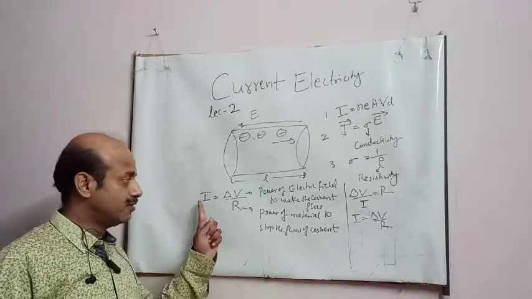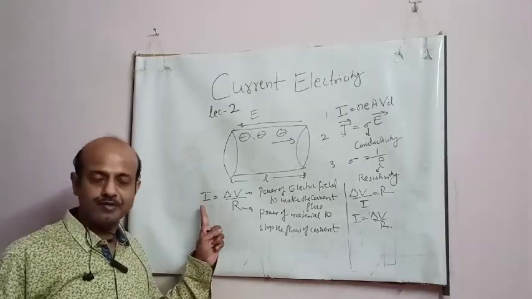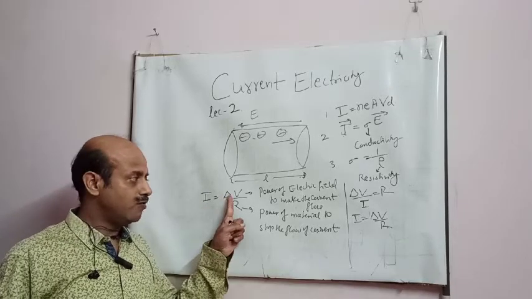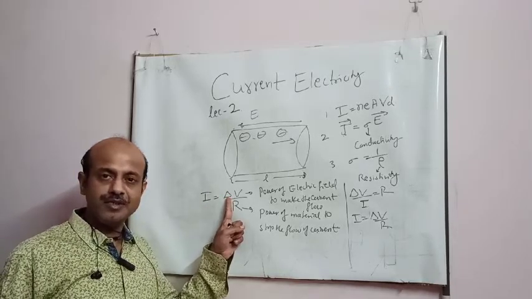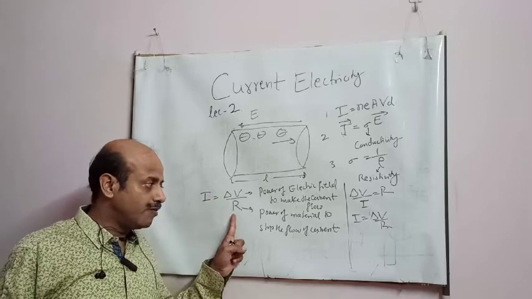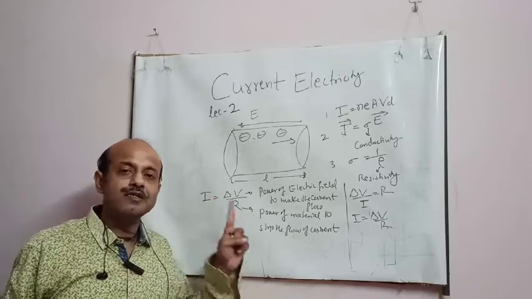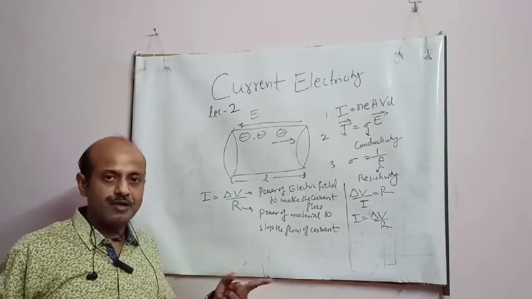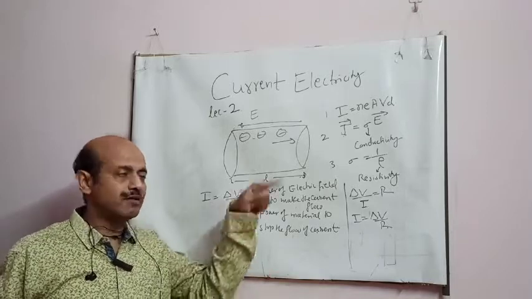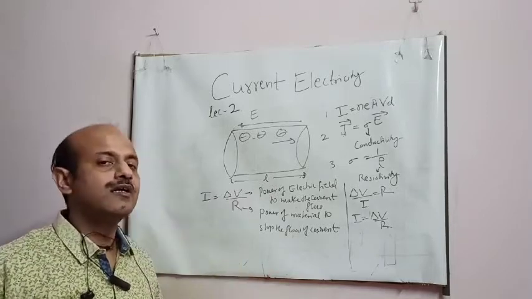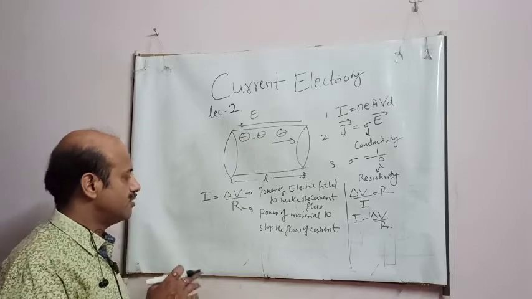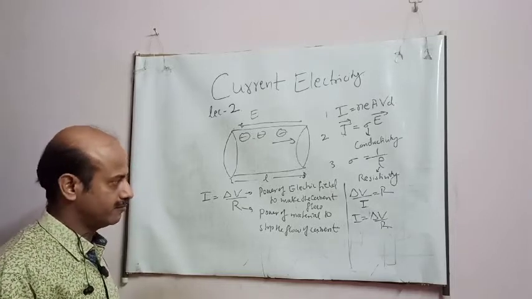So see, just see the significance of this formula. In the numerator, the electric field is coming because it is allowing the current to flow. In the denominator, the property of the material is coming to stop the current flow, because due to collision, the electrons are continuously colliding. So this is one form of Ohm's law.